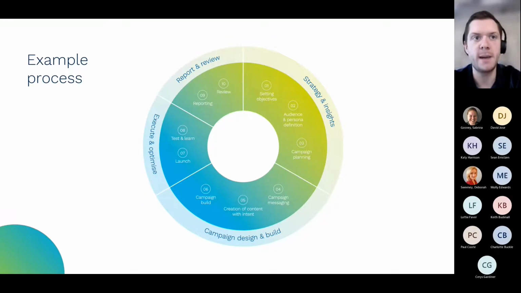Then we look at what the campaign messaging is in the campaign design and build stage. So we've got stages 4, 5, and 6. So we've identified that our key personas here, the key audiences we want to go after, are finance managers who hold the purse strings, IT managers who are physically using and supporting end users with their 365 subscriptions and licensing. And then we might look at the CEO, MD, or the financial sales director who are ultimately going to sign off on the project.